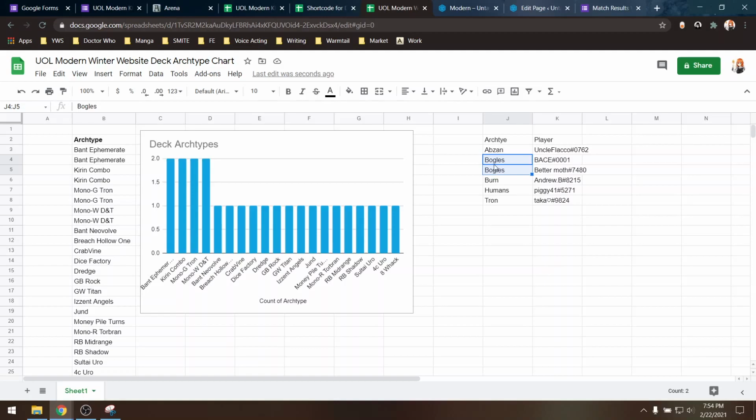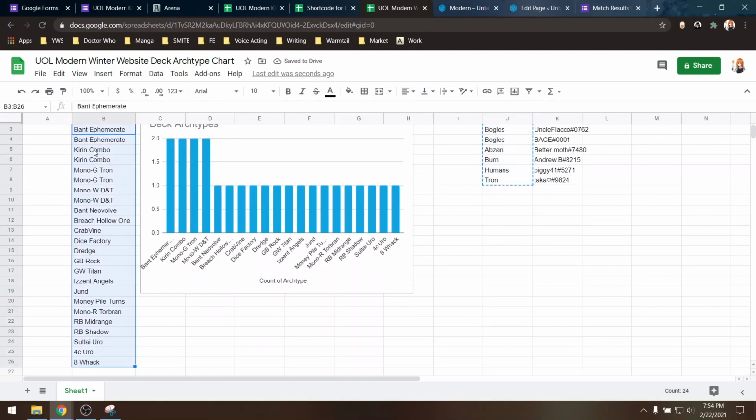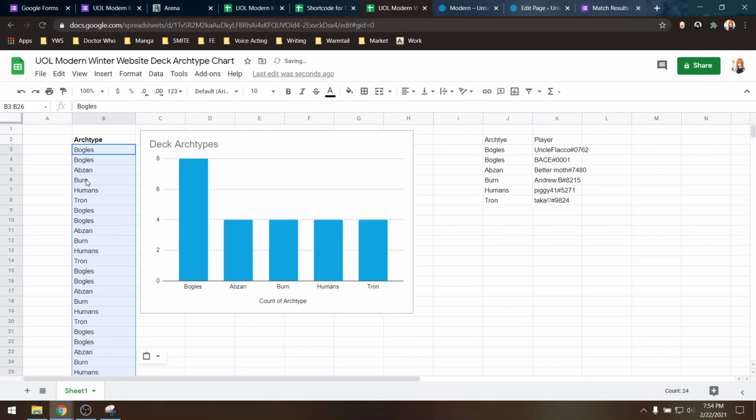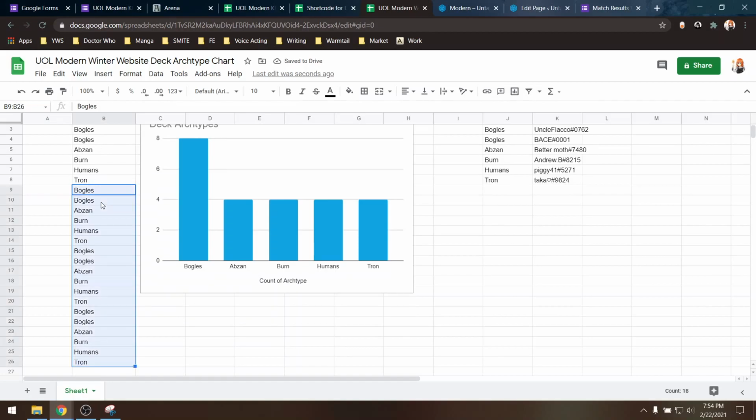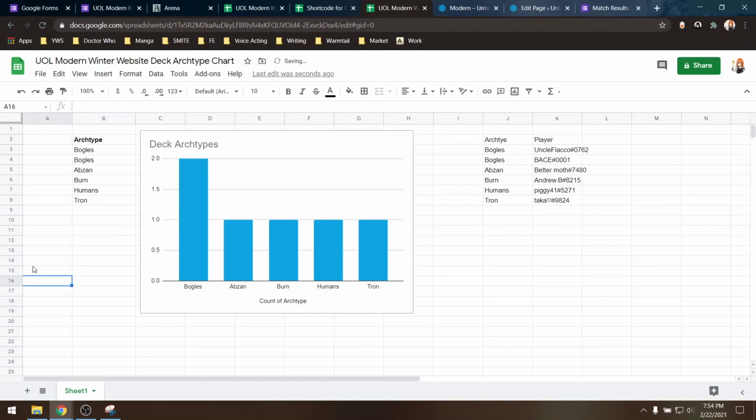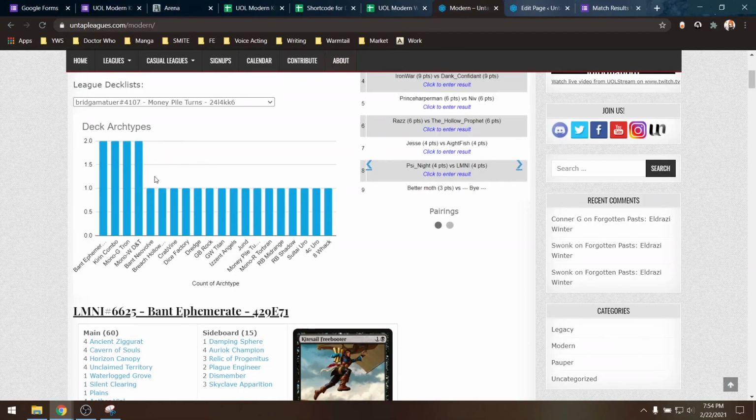So what you're going to do then is you're just going to go ahead and pull out Bogles, move Abzan down, go ahead and move Bogles back to the top. And then you're going to go ahead and copy that all over here. Boop. Oh no, no data. Boom. And now you have a nice, lovely sorted metagame report for your players that will show on the website,